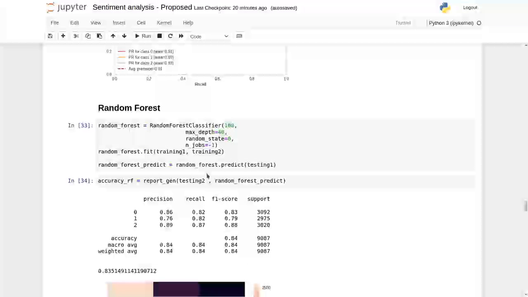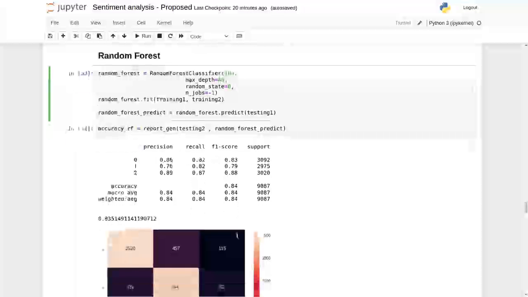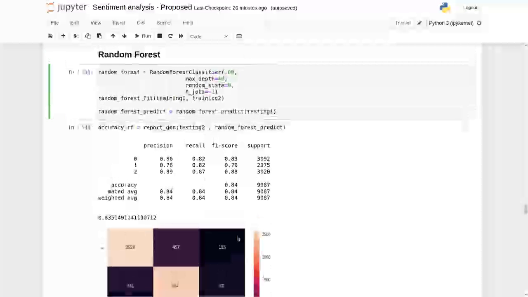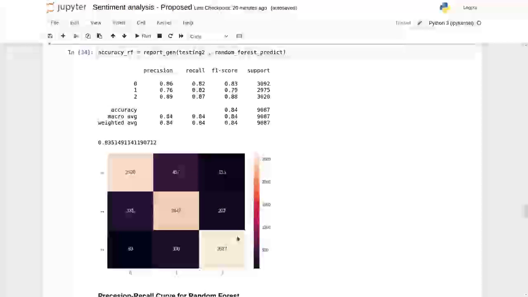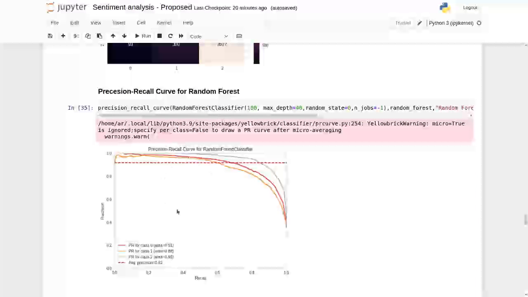Further, I have used the random forest model for training our data. The accuracy I have achieved by random forest is 83%, and this is the confusion matrix for the random forest model, and this is the precision recall curve for the random forest model.